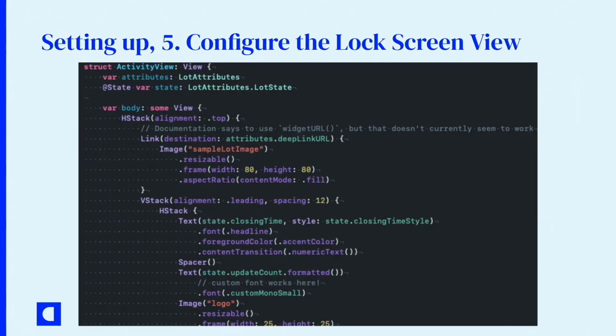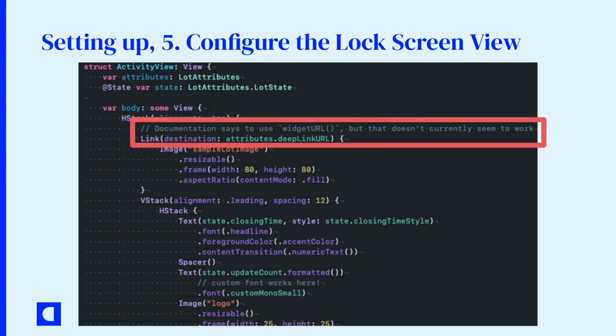So what it looks like in practice for the lock screen: I defined it as my activity view. It of course has the static attributes, and then the state in this case, and then there's just your body with your whole thing. Some interesting parts are here. I added a link. In the expanded view, you can have multiple tap areas for different links. The documentation says that you should use widgetURL for the complete thing, but for the lock screen, that doesn't seem to work. It might be just a bug in the beta, I hope, but